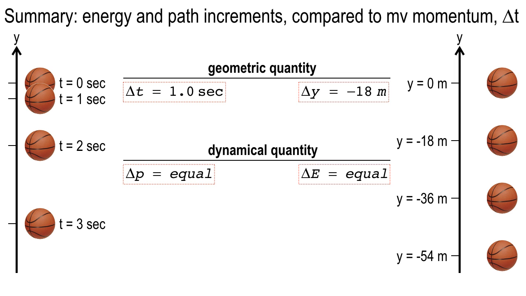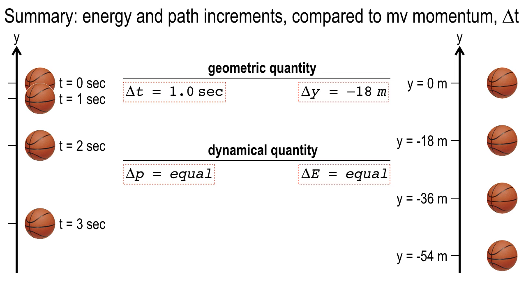And so here's one way of doing the books, temporal. And here's another one over here, spatial. And the dynamical quantity that comes in equal sized bites on the spatial partition is the energy, the kinetic energy. And what we're going to find out is that there's another way of expressing an energy on a free fall trajectory called gravitational potential energy. But in general, delta E is equal on these spatial partitions.